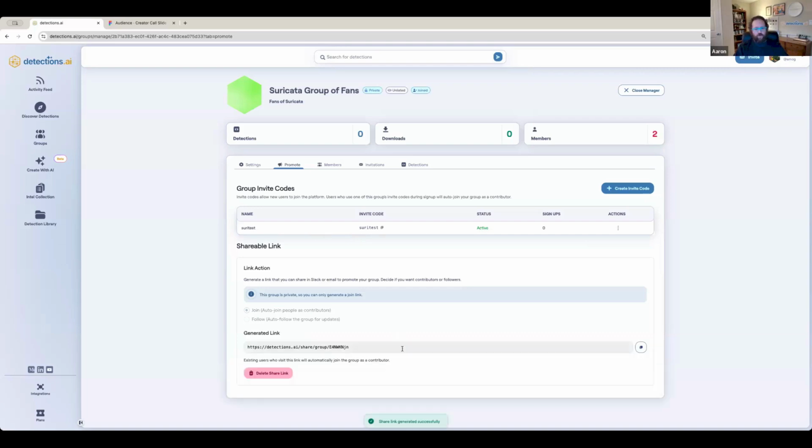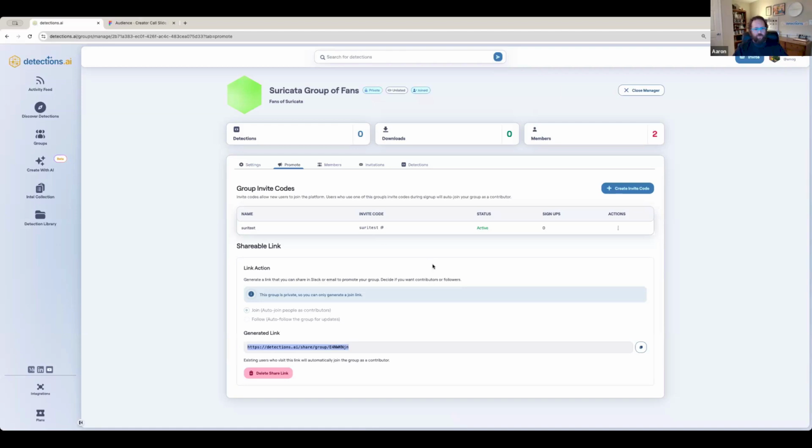You also have the ability to generate a join link. And this is really great too. This basically does everything the invite code does, but just creates a URL that if they click on it, it'll make them enroll in Detections AI if they're not already, and then when they accept, they'll be in your group. So these are both available to you. This is really good for things like Slack or X, where maybe you're a little shorter and like, "Hey, check out my detection," and you just give them this link. It'll take care of the rest of the process for them. If you're being a little bit more social, sometimes the invite codes work better. Both work great. I've used both to get to where we're at now.